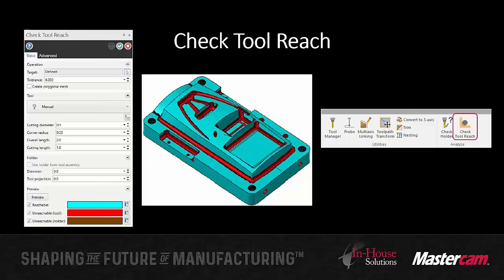All right. One of the last, not least, certainly not least things to the interface that they've introduced is, in the past we've had check holder. Now what check holder did was it essentially just checked for interference of the part against the holder, utilizing the check holder tool. Now check tool reach not only checks the holder versus the part, but also checks tool